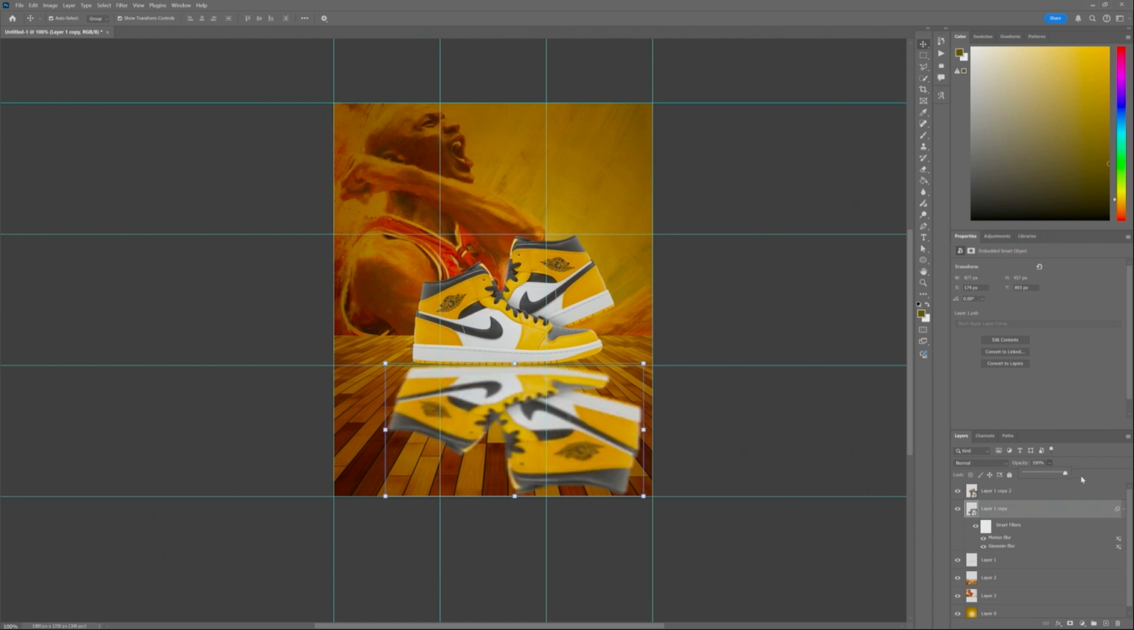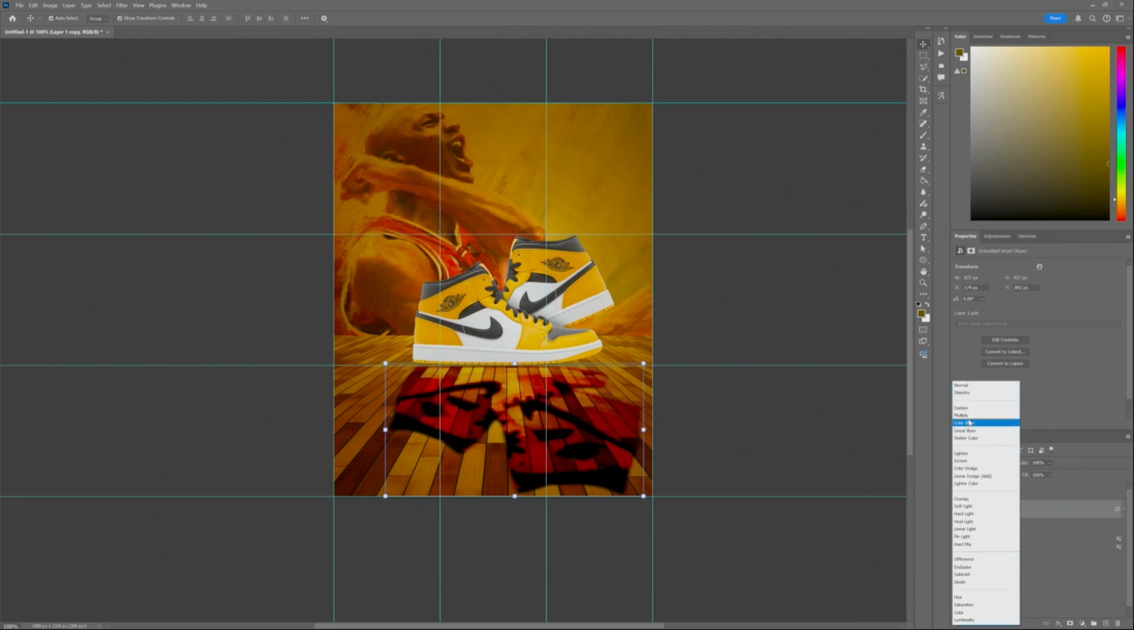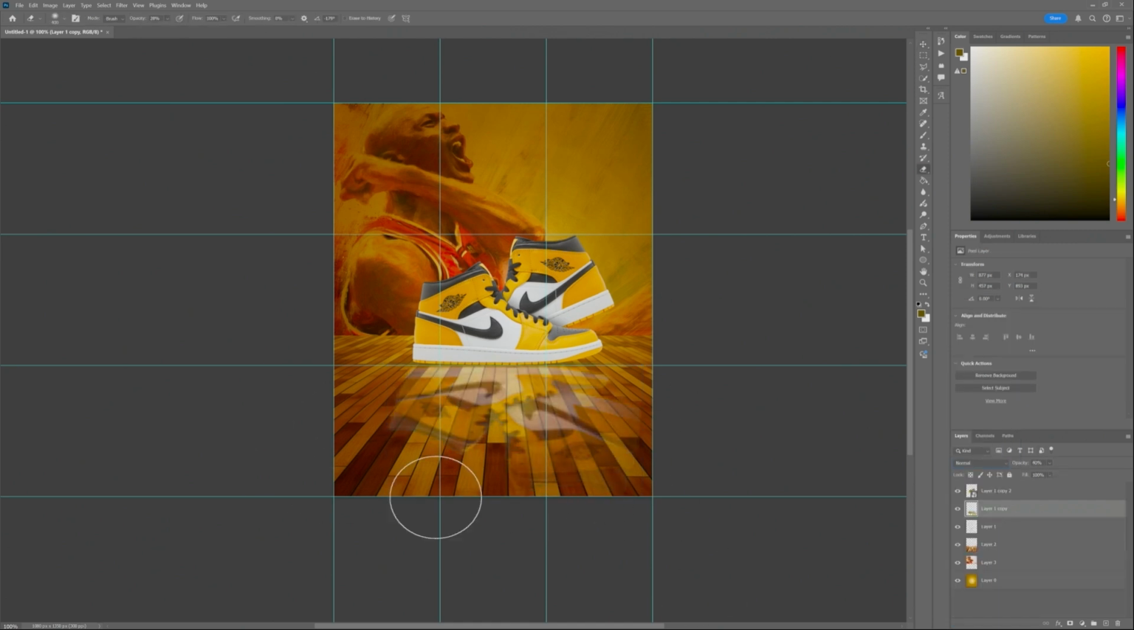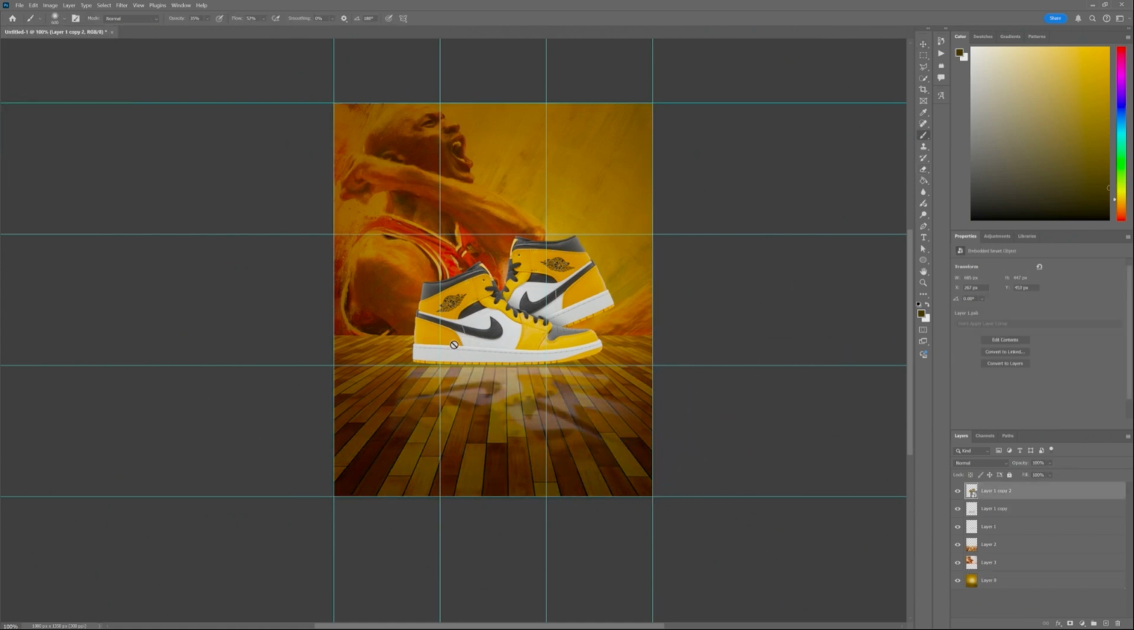Maybe multiply would be better. No, kind of want it darker, but I'm not really feeling the reflection, to be honest. Like even with multiply, I'm not feeling it. I mean, it's not too bad. Lower the opacity a bit. It's looking pretty good. I'm not gonna darken these shoes because I'm gonna apply a camera filter to it, but